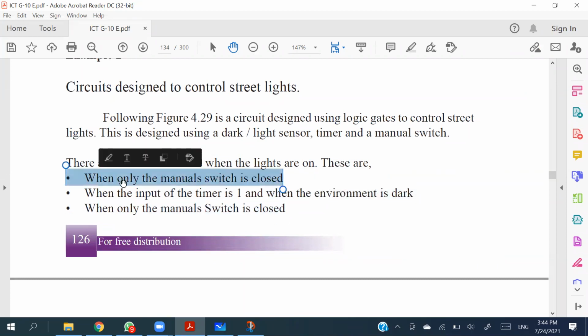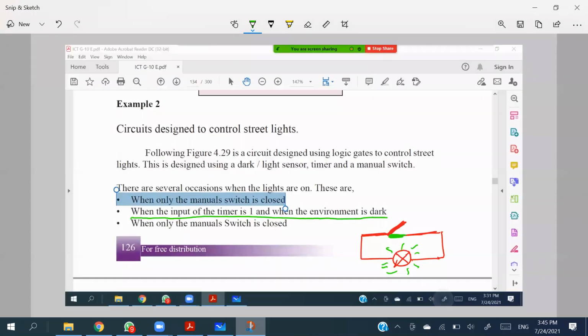So it says when only the manual switch is closed. Right? So when only the manual switch is closed means, Ravindu, like I said before,